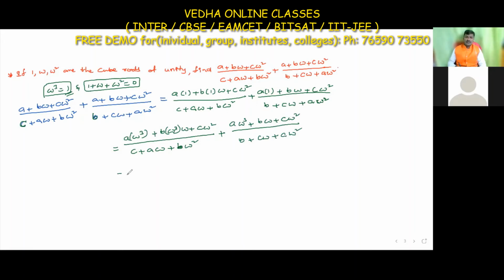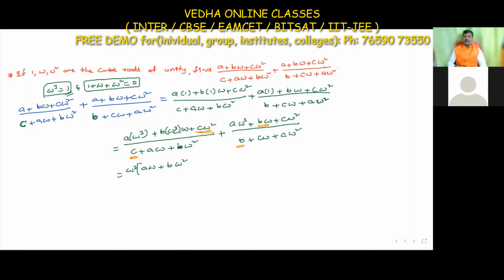Okay, so we have to take omega square common. So what are you checking? We are checking C term. Omega square we want common. In this second term we have B here. We want B only, so we have to take omega common. So now take omega square common. If you take omega square common, then remaining A omega, B omega square is common.